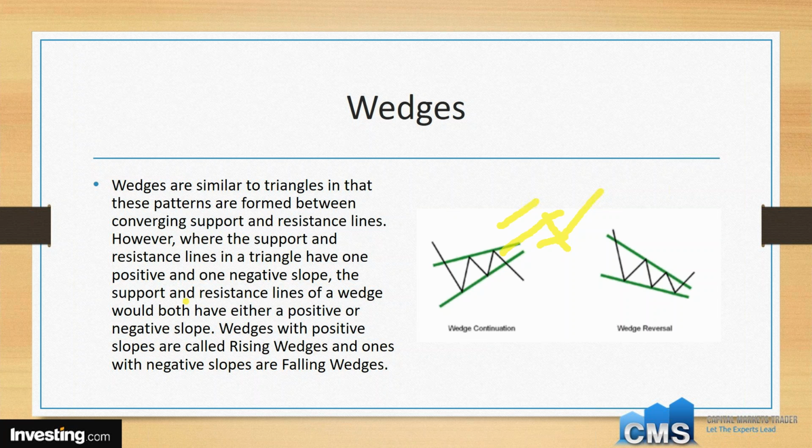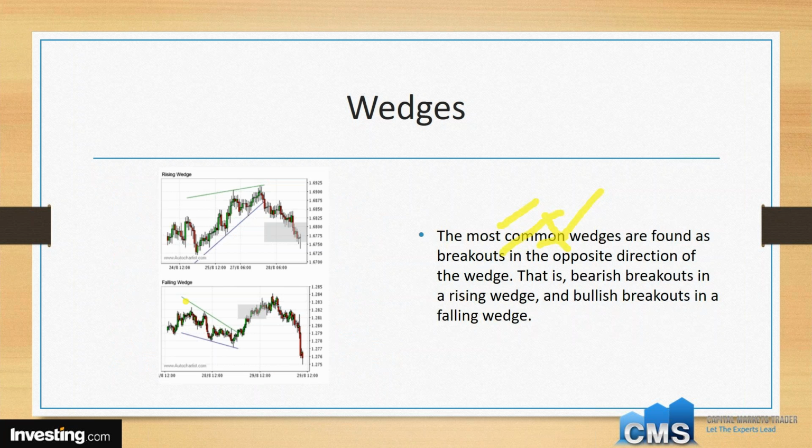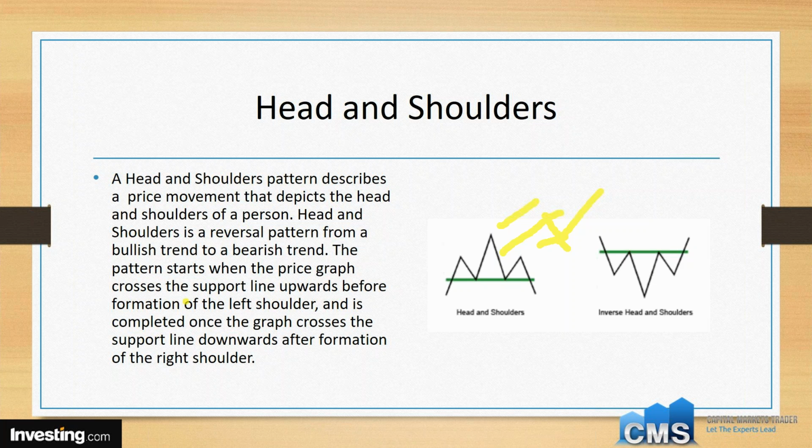And if they form into this channel, wedge, or triangle, that's what you have. Wedges are most commonly found in breakouts in the opposite direction of the wedge. So what you see here is a bearish breakout in a rising wedge and a bullish breakout in a falling wedge. So before we go into head and shoulders, let's go to a real chart and see what these actually